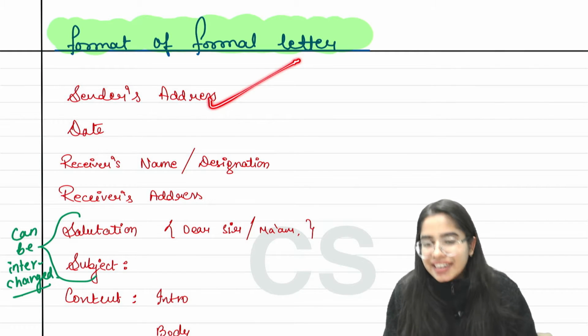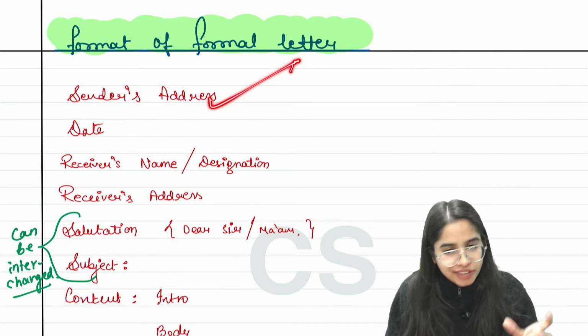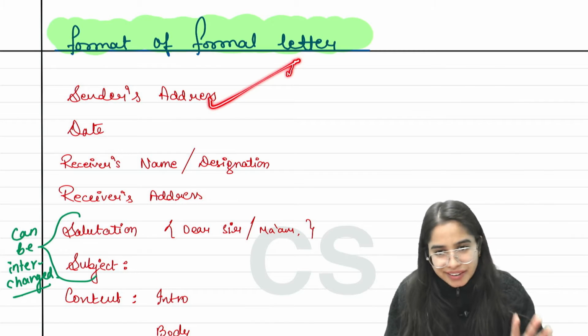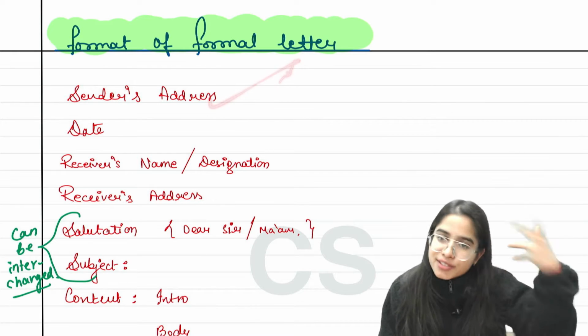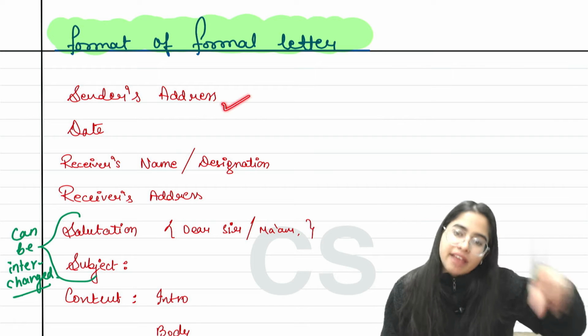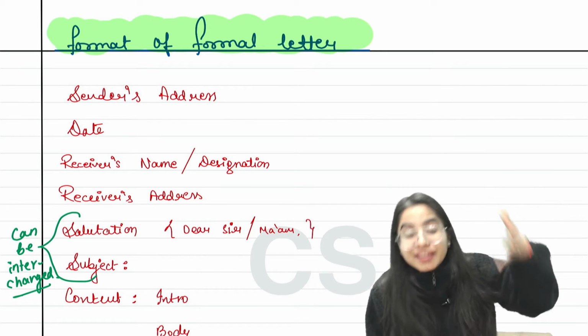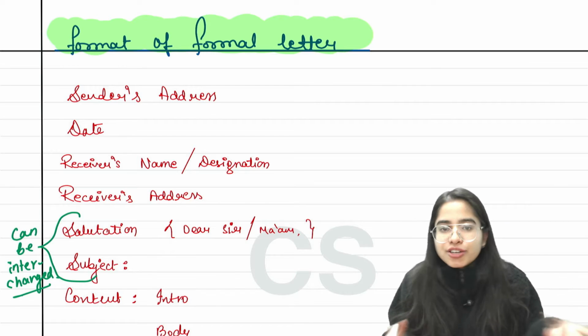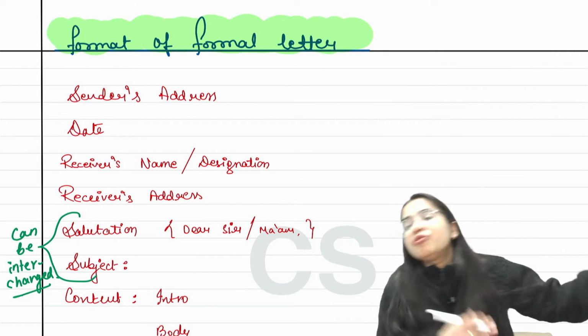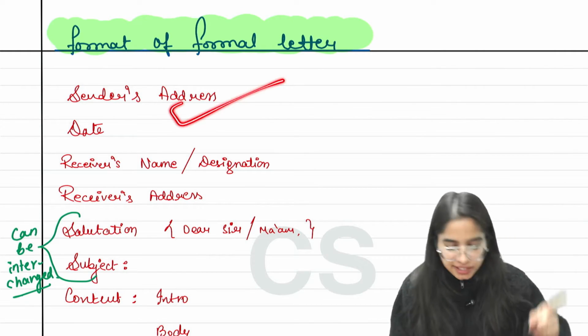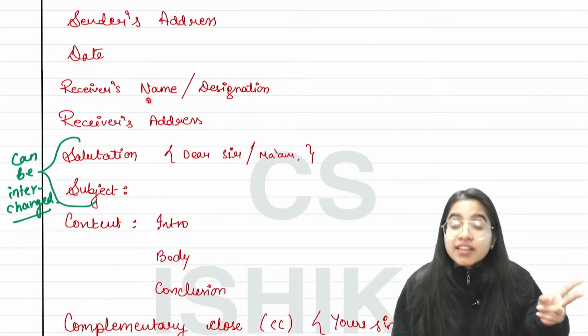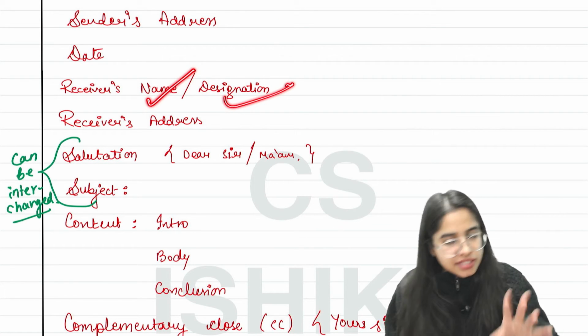You can write any address you want, and to save time, just memorize any two addresses: this I will write in sender's address, this I will write in receiver's address. So you don't have to waste time thinking what address to write during the examination. Think it beforehand. So first you have to write sender's address, then date, then receiver's name or receiver's designation,